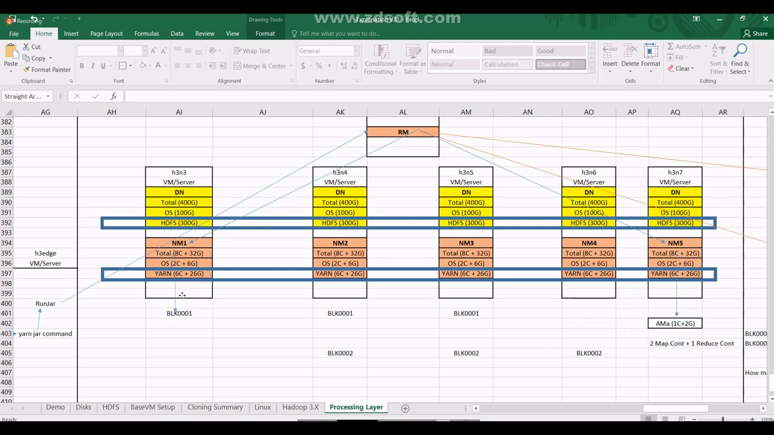So it is asking node manager to release one container. What is node manager doing now? It is releasing the map one container. What is the size of this map one container? 140. It means one container is given. This is created here, and it will tell